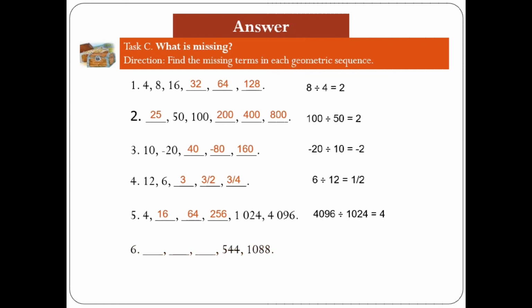Number 6, 1088 divided by 544 is equal to 2. So 544 divided by 2 is 272. 272 divided by 2 is 136. And 136 divided by 2 is 68. We hope you learned